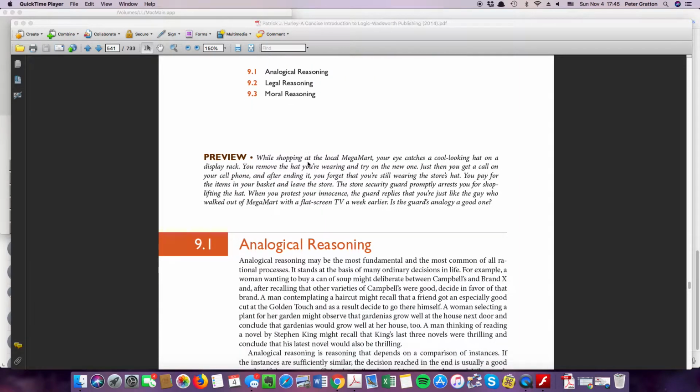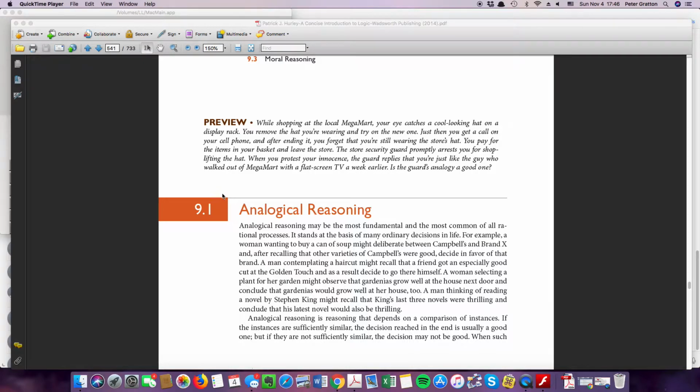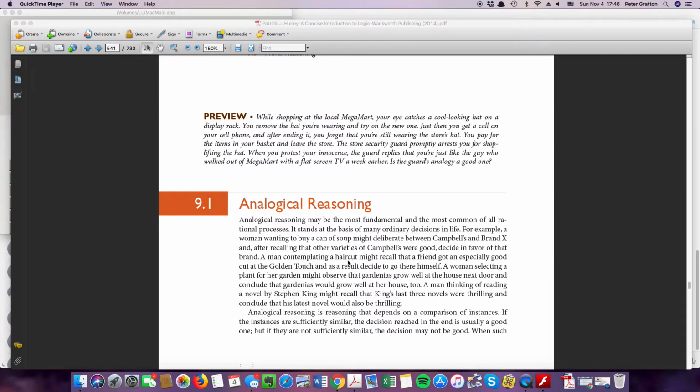We use analogical reasoning all the time. You see several movies by a certain director, say Quentin Tarantino, and you gather that his next movie, if it comes out, will be good because you've liked him in the past. In other words, you're making an analogy from the past performance of that director to the present. You do that with the types of food you buy. You do that in every area of your life.